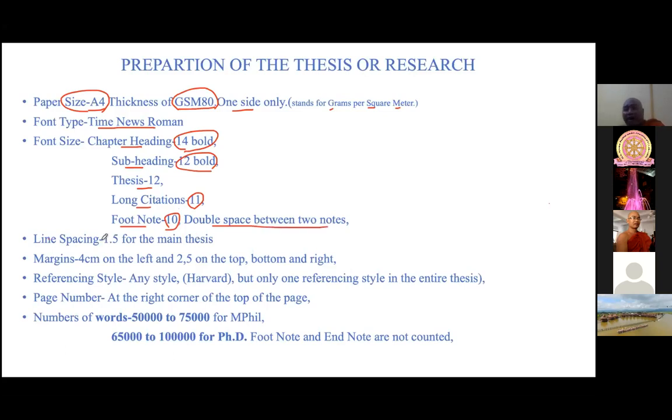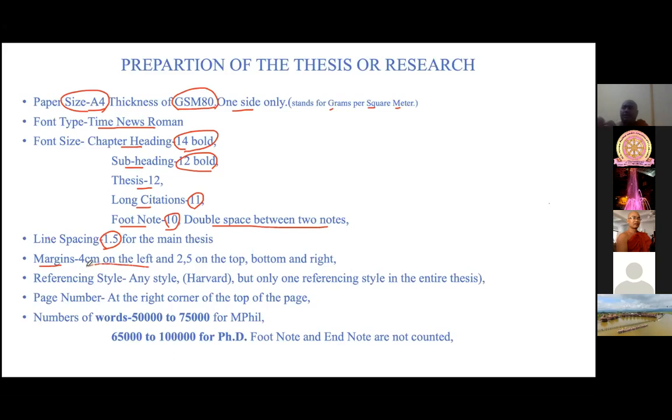Line spacing is 1.5 for the main thesis. I noticed that some researchers use spacing of 2, but according to their requirement, according to their rule, the line spacing is 1.5 for the main thesis. Margins: 4 centimeters on the left side, because when it's bound,